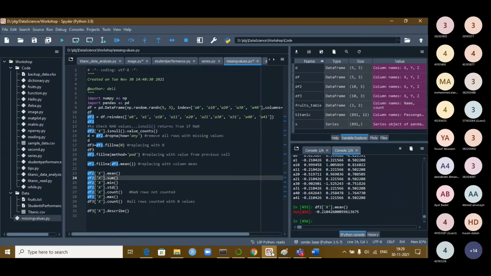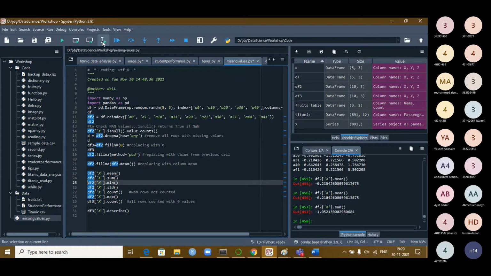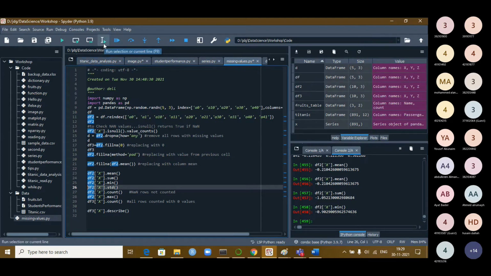Let us come here now. Let us try to execute each of them one by one. So let us see the mean. This is the mean value you have, this column mean. So let us see the sum of the values, because some are negative, some are positive. So this is the result now. What is the minimum value which is available? It is less than 0. Some are 0, and there's a minimum value available. What is the standard deviation? This is the standard deviation which is available from the column.